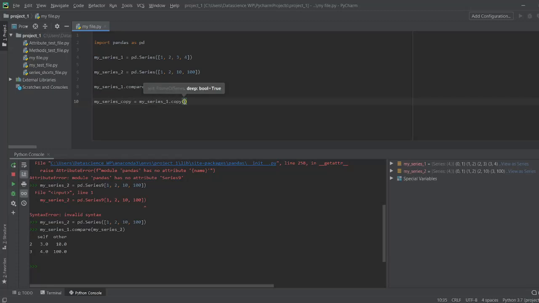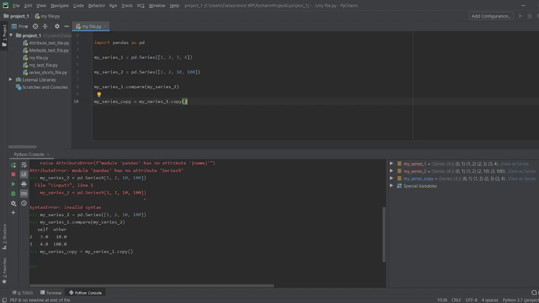By default, you can see that the deep parameter is true. So if we just run this, we are going to get a deep copy of our series object. So a copy of my series 1 is now available in my series copy.